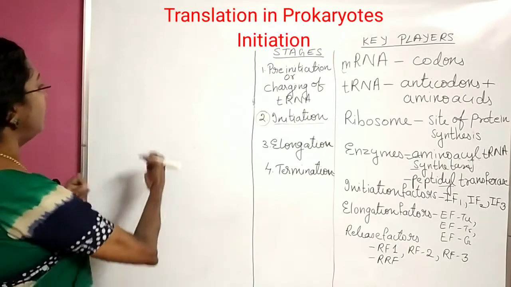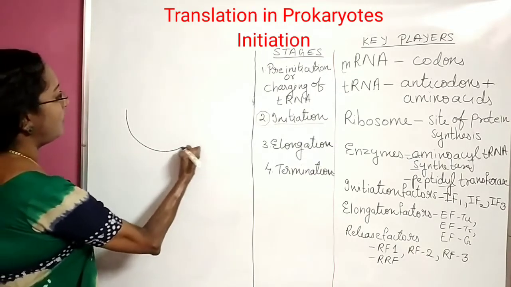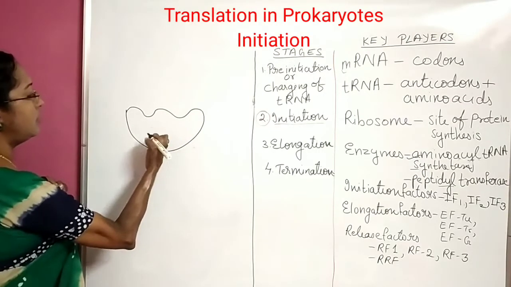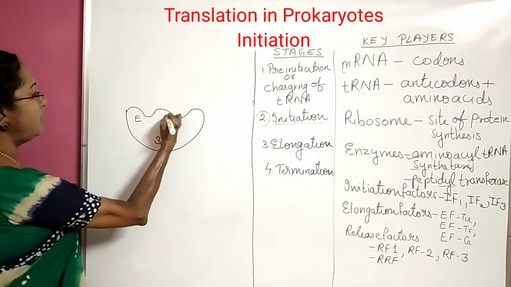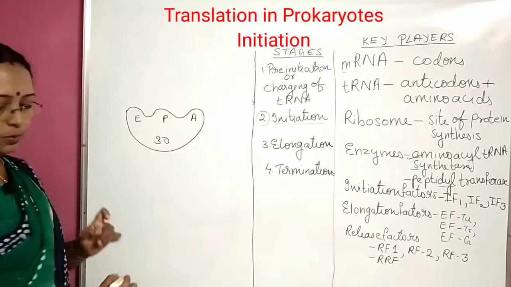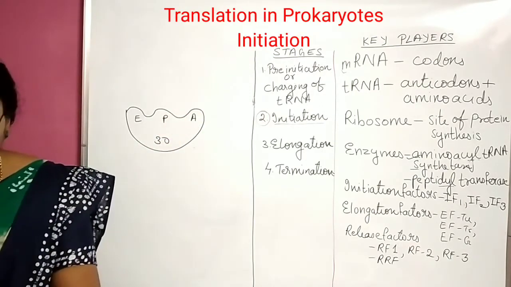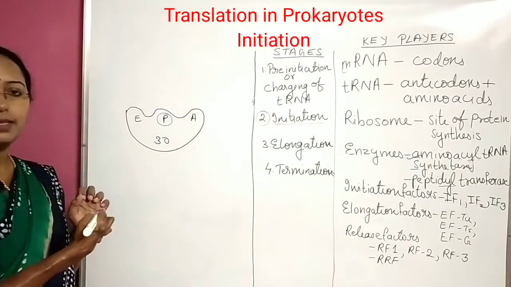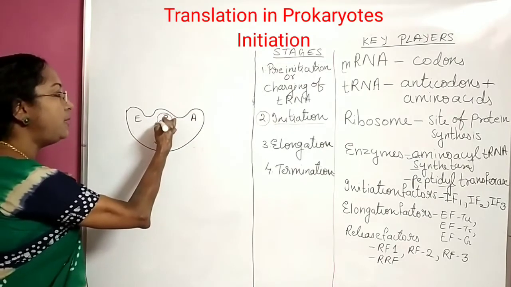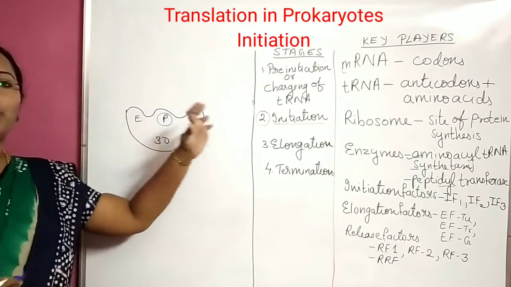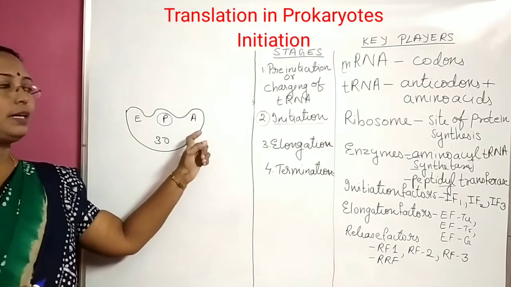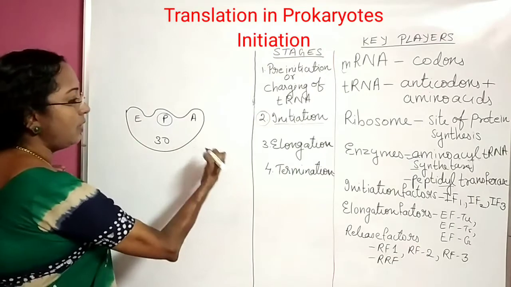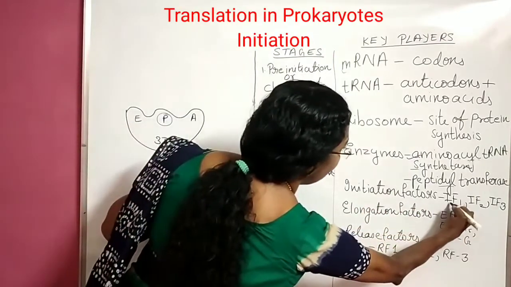Yes. So 30S subunit, let me just draw once again. This is the 30S subunit. It has an E site, a P site and an A site. As I have told you, the first tRNA should come and sit over the P site. For it to sit over the P site, the A site has to be blocked. Otherwise, it will come and sit in the A site only. So this A site is blocked by initiation factor 1,